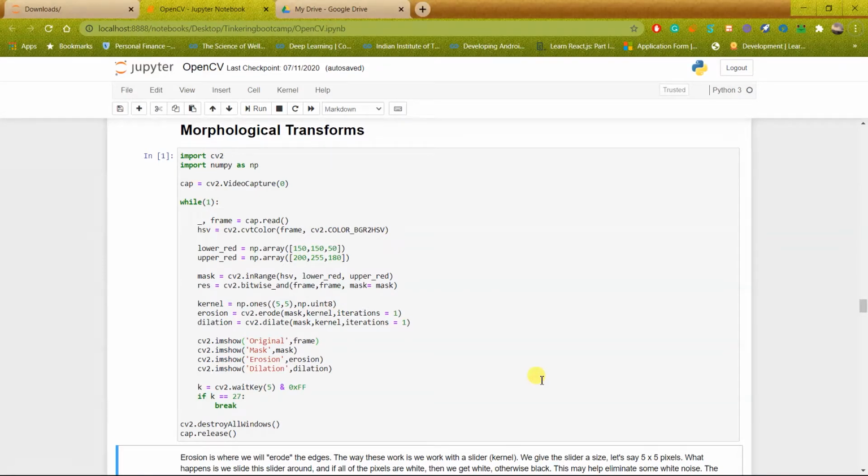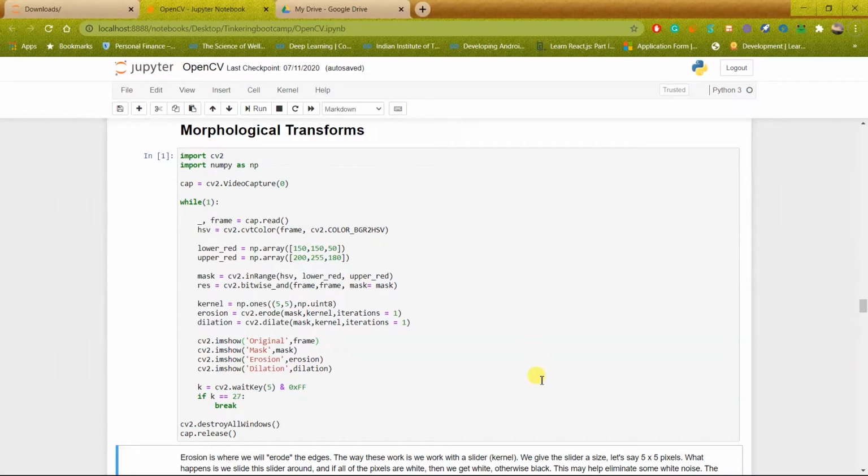The other type is the true negative, where the object is not red, and the mask output at that pixel is also black. So that is a true negative. That means the pixel is not red and the output is also correct and it is black. It is being detected correctly. So these are the two outputs which are correct.